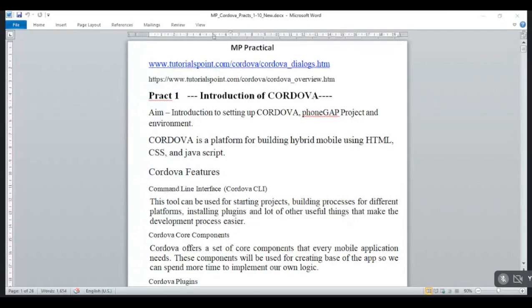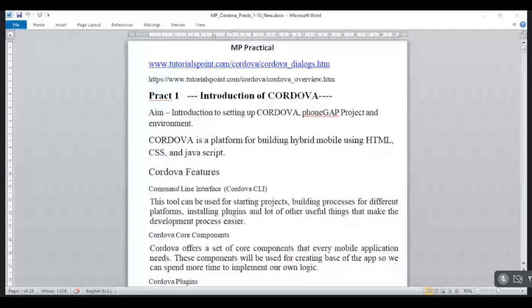So this is the meaning of Cordova. Then there are some features of Cordova. First one is the command line interface. It is also called CLI. Remember this one, CLI stands for command line interface.